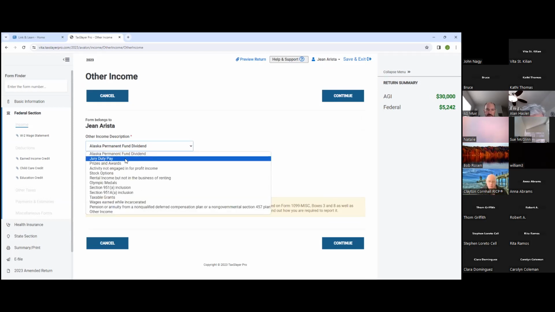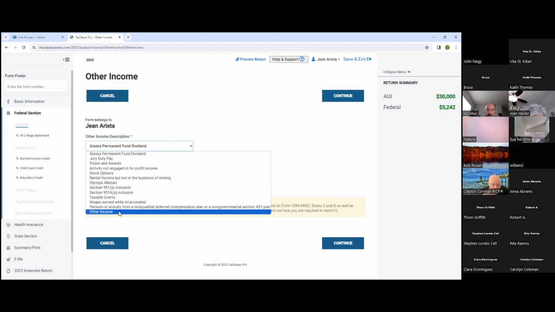And in the laundry list, this is step number 1. You're reporting jury duty pay that you have received from the court after your service. And you can see the other items. Sometimes you'd have to go to other income. Like, for example, I think a couple times I had some VITA clients, they found some type of item, jewelry, coins, they had it appraised, and then they retained it. Well, that's other income, found property.